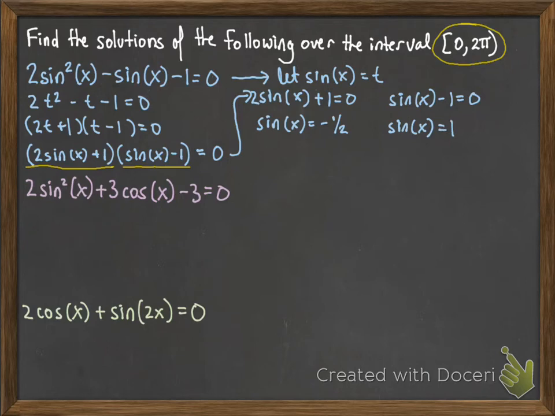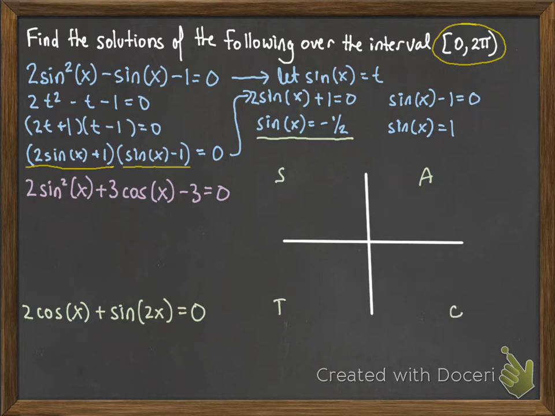So what we want to do is think about where these are going to occur one time around the unit circle, okay? So let's work on this right here. We know that we're taking the sine of some angle, and we're getting a negative 1/2 out. So we know, if we take, all students take calculus, that we want to find some reference angles where, when we take the sine of that angle, it's going to be negative. And that's going to occur right here with a 30-degree reference angle, and right here with a 30-degree reference angle. So it looks like the two angles that are going to work,